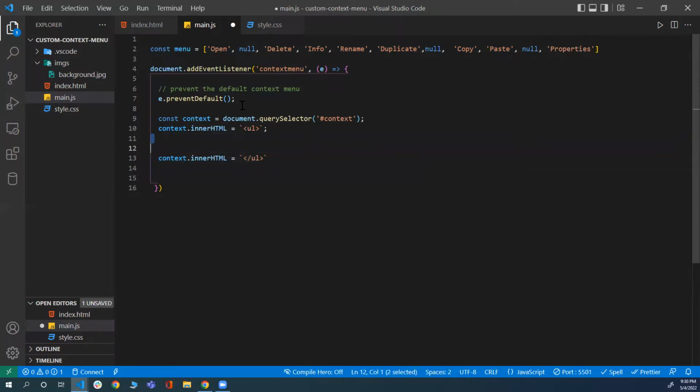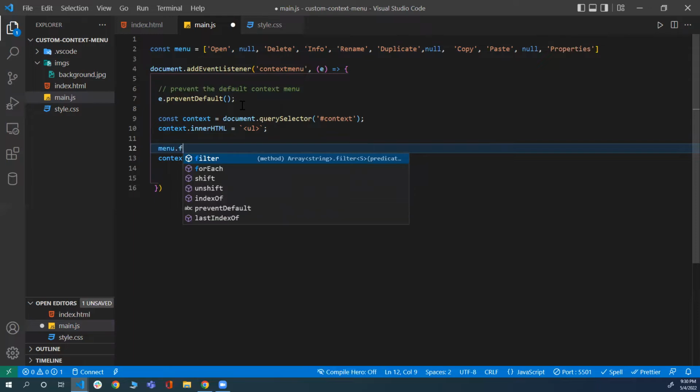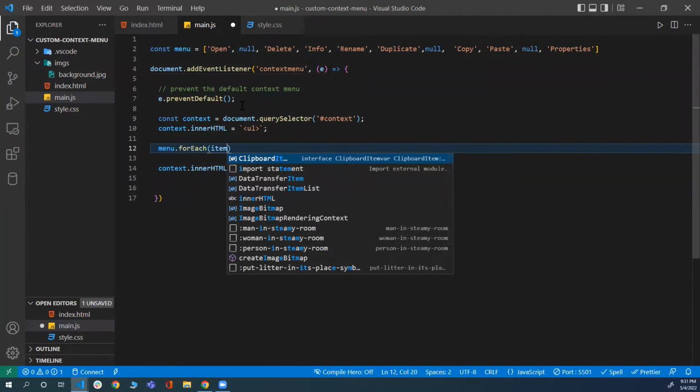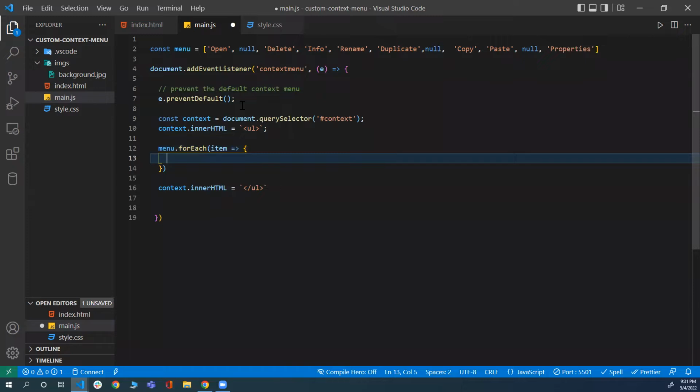And right here in between them, I want to loop through my menu. So I can loop using for each. And for every single item, for each take an arrow function. And for every single item, if it has a value, if it's not null, then what I want to do